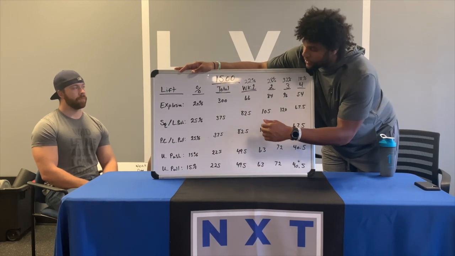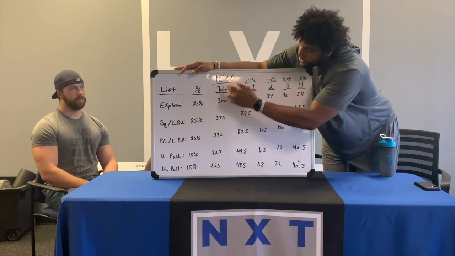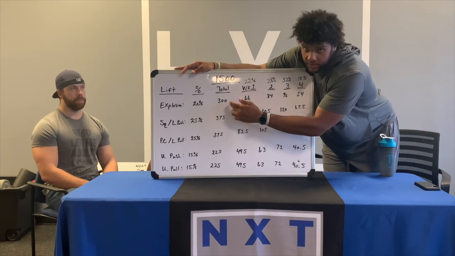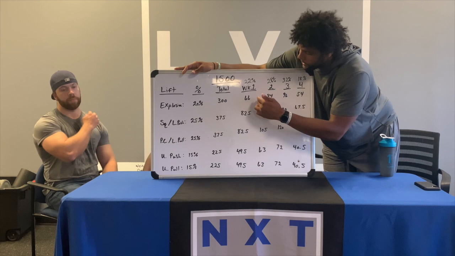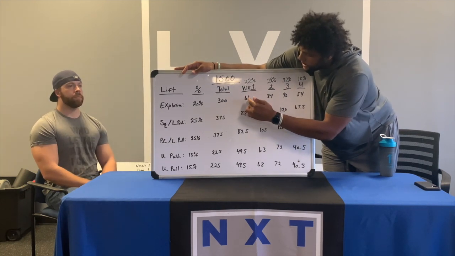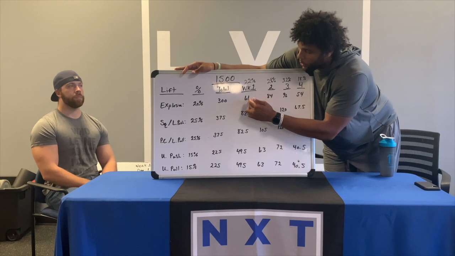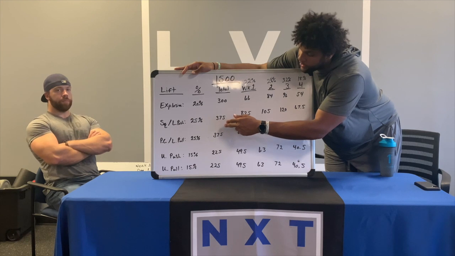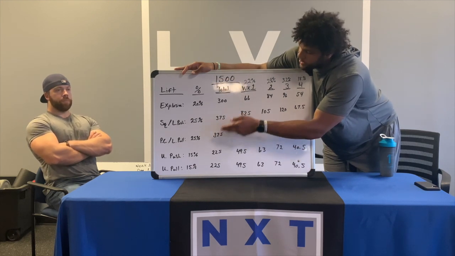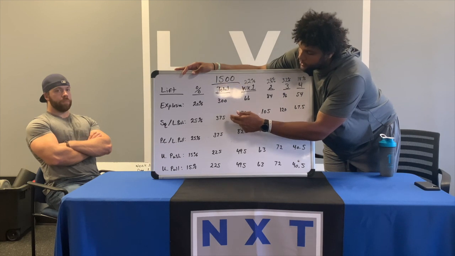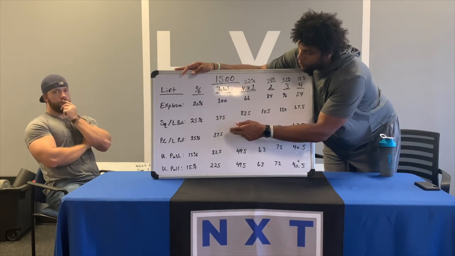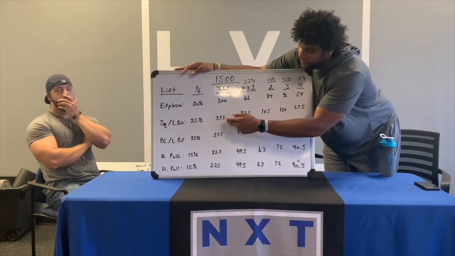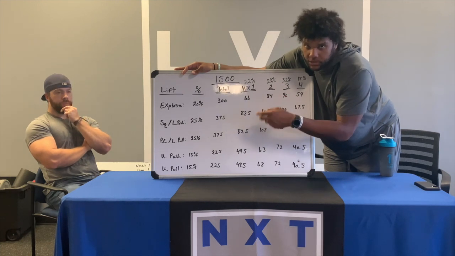So for that first week of programming, based off this percentage and off the 1,500 reps, for the explosive lift we'll do 300 reps total. Jumping into that next week, you'll see that'll be about 66 reps for week 1, just for the explosive lifts. For the upper push and the lower push and lower pull, we're doing 25%. So based off that 1,500 reps, we're doing 375 reps total for the entire month. That 375 will get broken down into week 1, week 2, week 3, and week 4.